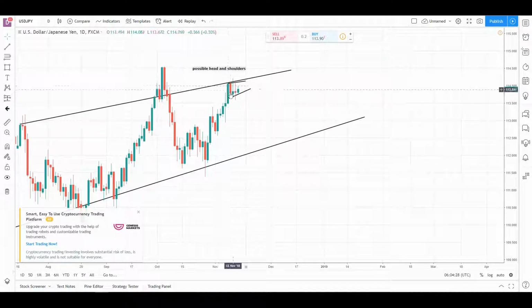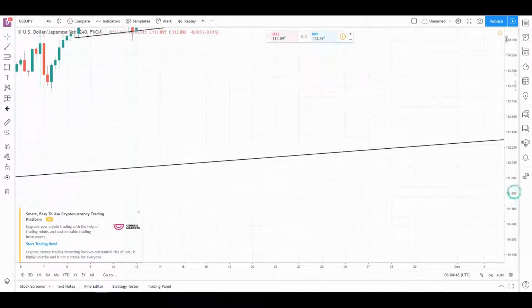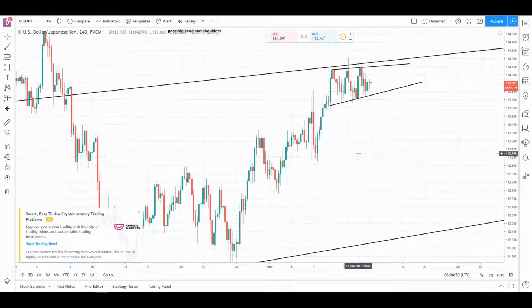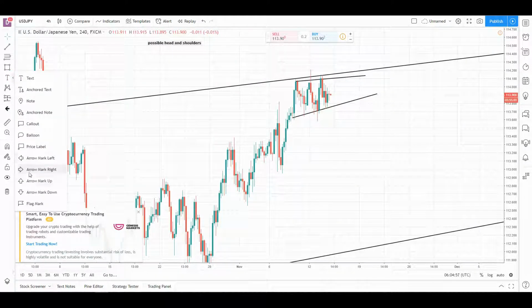Now this is an inside pin bar, and we have double pin bars. Well, not double pin bars, one pin bar, and this one I don't know what it is, but it's an inside bar. So it's an inside combo. So we have one pin bar, second pin bar. We have this trading range here, and I believe that USD JPY could head a little higher and then possibly break out. Now keep in mind we do have three tops here,